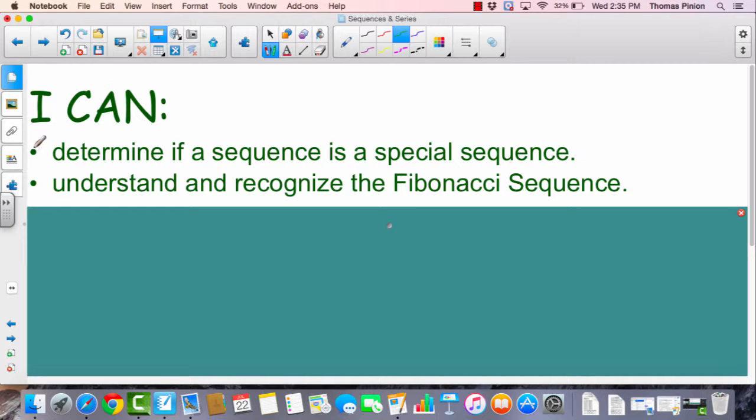I can statement number 1. I can determine if a sequence is a special sequence. Hopefully you're able to do that now. Knowing that a special sequence is one in which it is not arithmetic nor geometric, then you should know how to find out if it's a special sequence. I can understand and recognize the Fibonacci sequence. To remember, it's the most famous